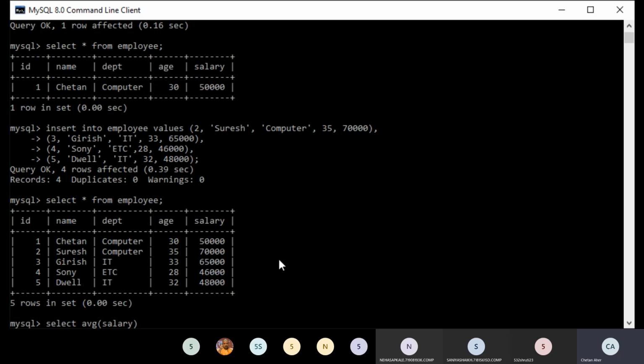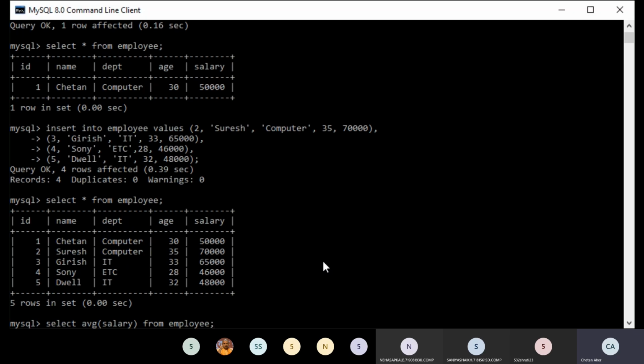You have experienced that SQL queries can be case sensitive. If you write average in capitals, it will still process, but if you write salary in capitals, it will not process, because you have to be very strict about the names. As you have written in the field name, it should be like this only. Please keep that in mind during execution. So select average salary from, then mention the table name. Here again you should be very specific about the table name. That's it, it will calculate the average salary.